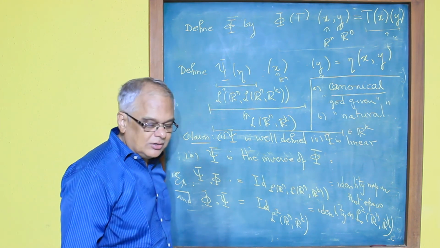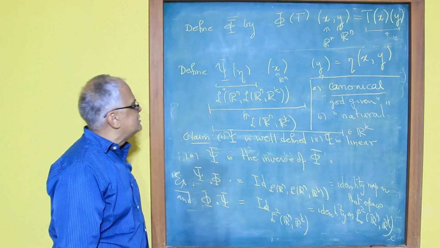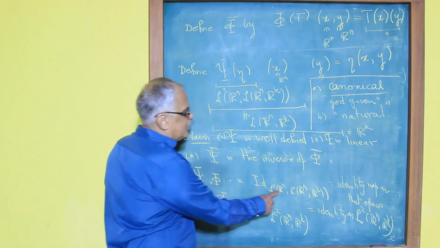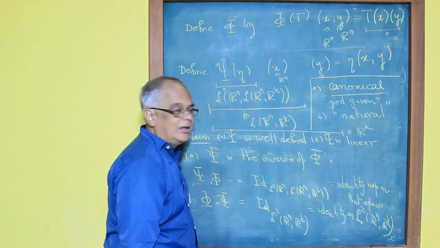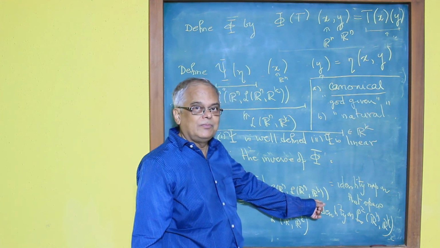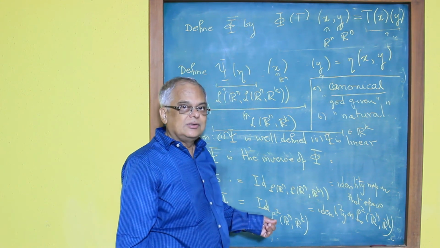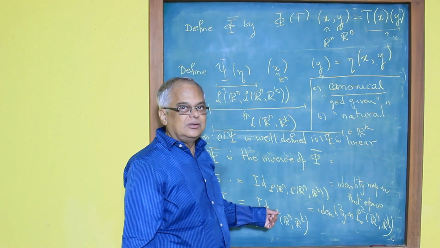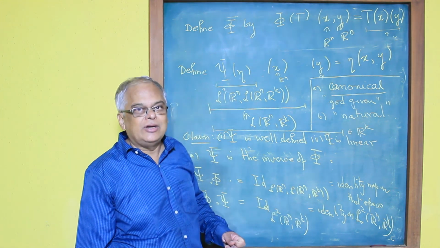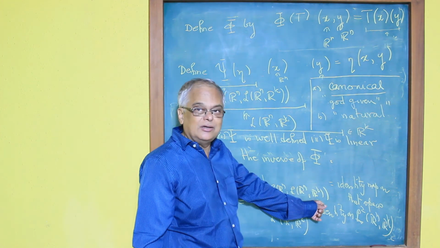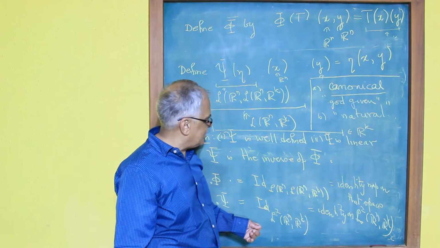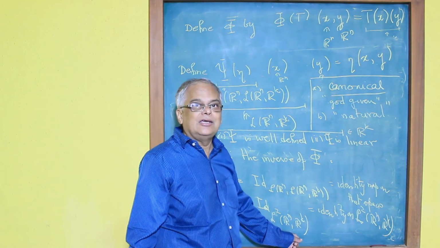So, what is the moral of the story? The moral of the story is that bilinear maps are in fact linear maps from Rn to linear maps from Rn to Rk. Why are we interested in these? We are interested because the second derivative of a function evaluated at a point is in fact an element here. And therefore, by this canonical isomorphism, I can think of the second derivative as being a bilinear map.